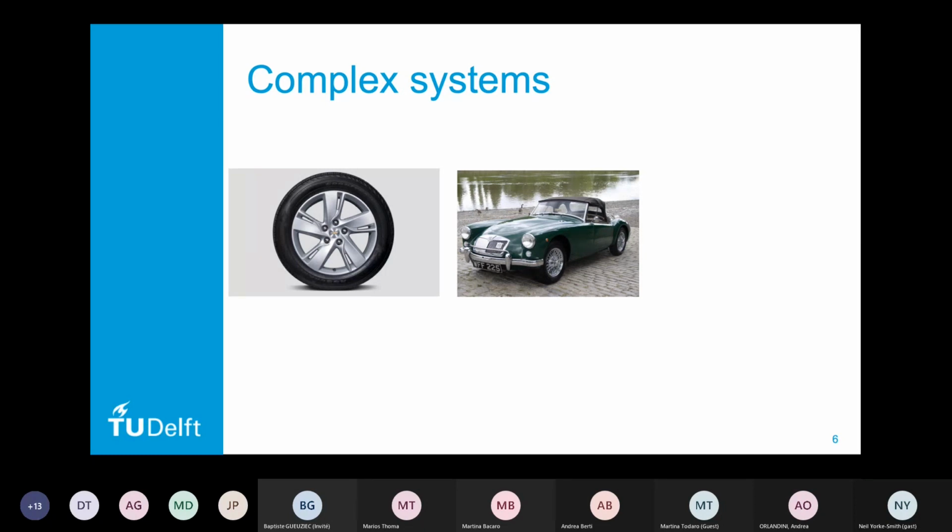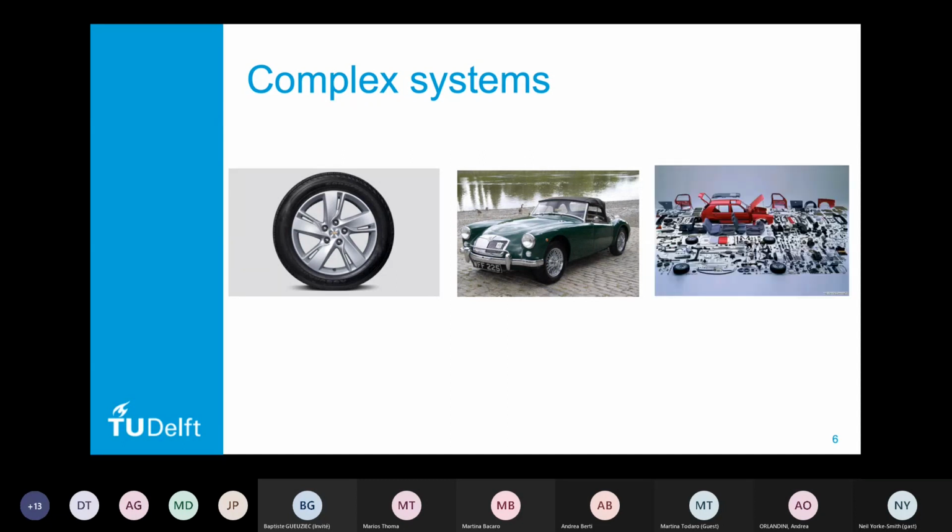Well, we might rather say it's complicated. It's not simple like a single wheel, but it doesn't have complexity in itself. By contrast, this is a complex system. So here we have the problem of, here are all the bits, now assemble the car. Driving a car is a little bit complicated, you have to learn, but assembling it, okay, now we